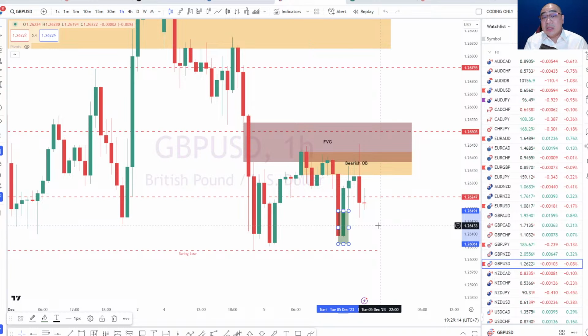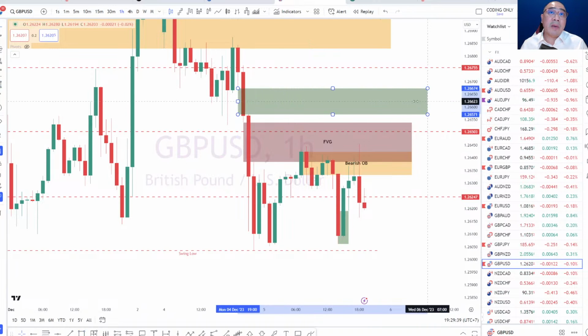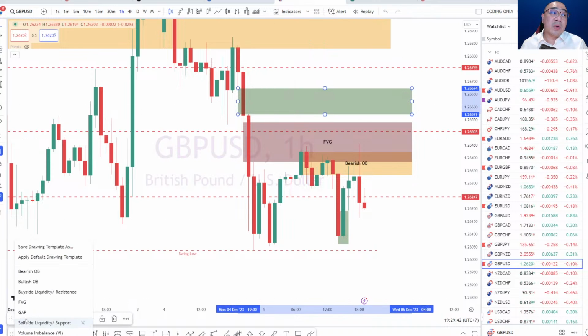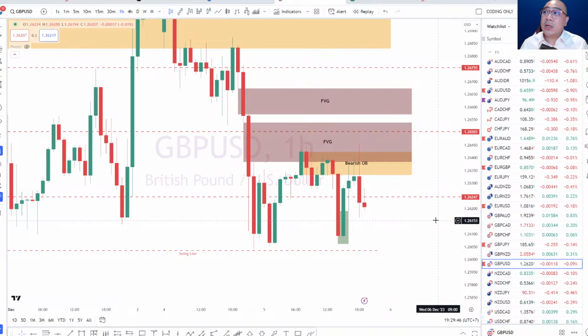Because, you know, this is easily mistaken. If someone's learning about fair value gap, a lot of you guys are probably going to be looking at that and saying, yeah, could that be a fair value gap? It was also imbalanced at 1.2685, 1.2705. Well, there's a lot of imbalances in the market, because there's actually one over here which we can identify as a fair value gap as well. There's actually a lot of fair value gaps on the way down. So we're looking at a pound USD that's being pressured to the downside.